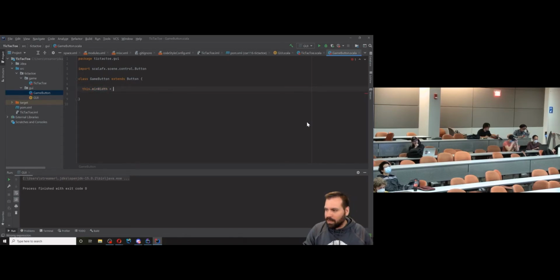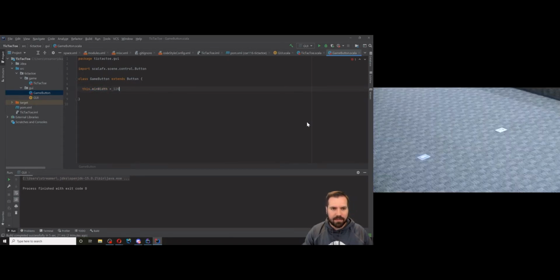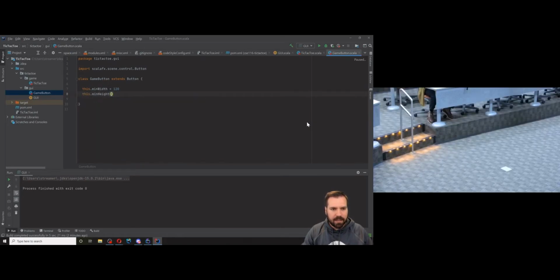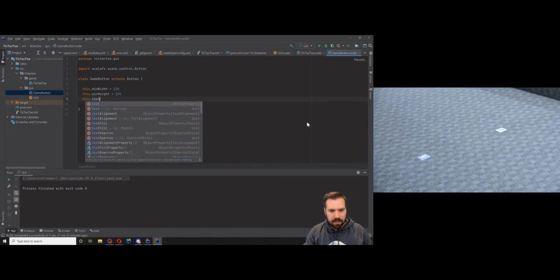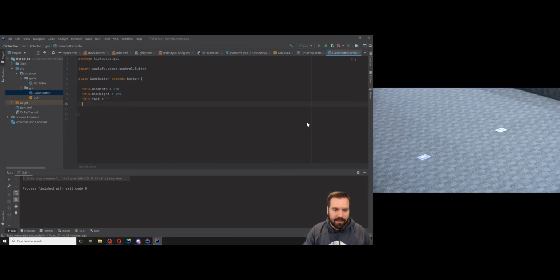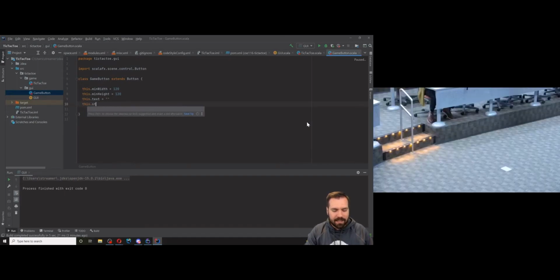This dot min width, let's make them pretty big. This dot min height, 120. This dot text, we'll set to the empty string. This dot style,